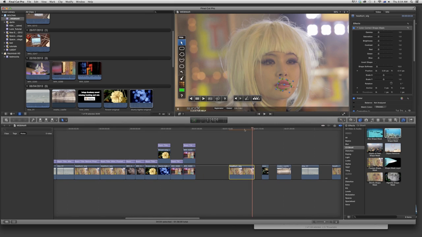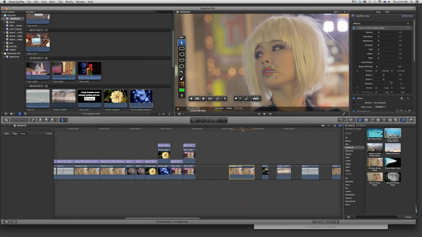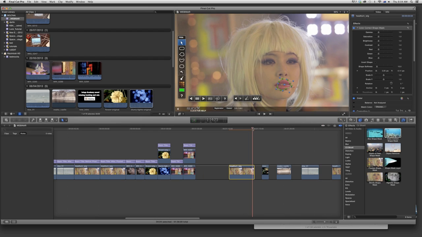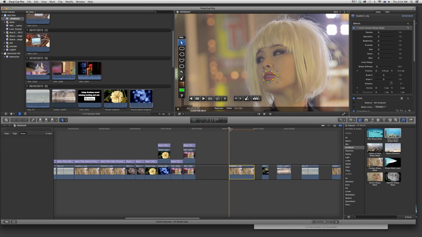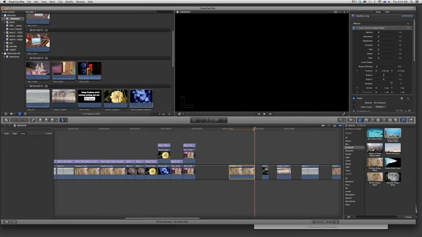Okay, now, because she turns her head, the shape of the lips doesn't stay the same throughout the clip. So what we need to do is just add in a couple of keyframes. As you can see, the shape has turned yellow. The dots here have turned yellow, which means that there's already a keyframe on the first frame. And then we just go to the last frame